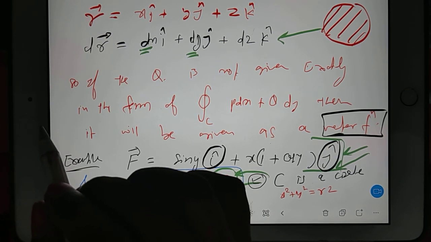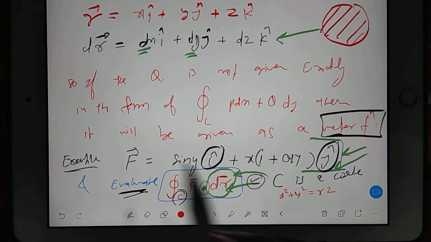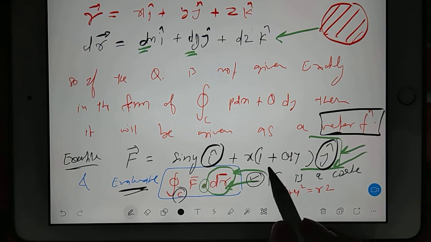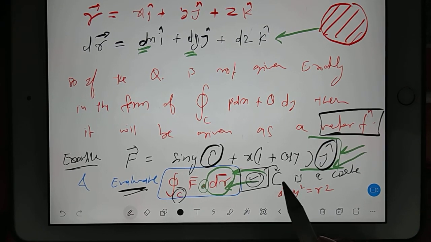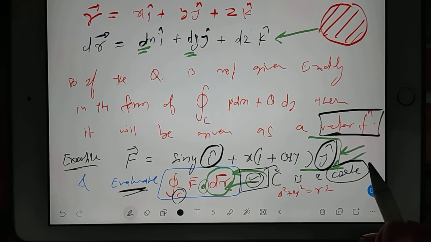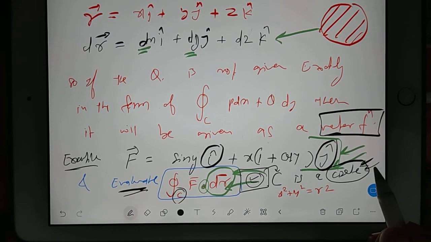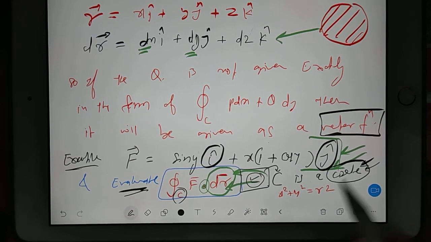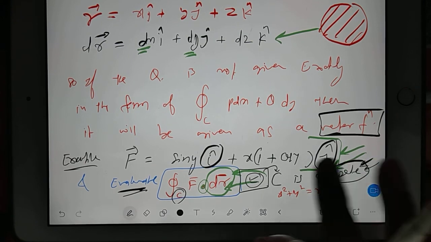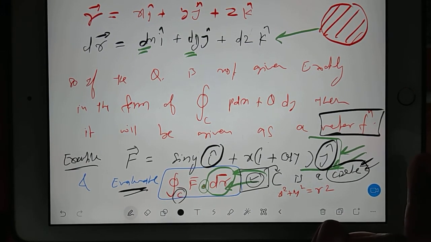Now we'll take one more question. Actually, this should be edited in the question itself. C must be given as a circle. We will not assume. Okay. So edit your question. In the question you write, because they may give some other curve. So if they are giving some other curve, then the question format will change. Like one more question I will take where the curve is not a circle, where the curve is something else.